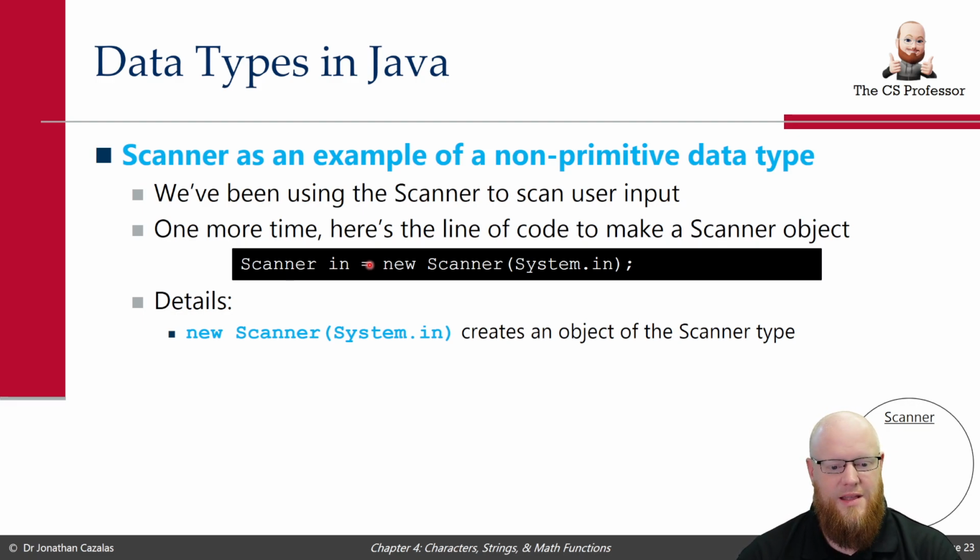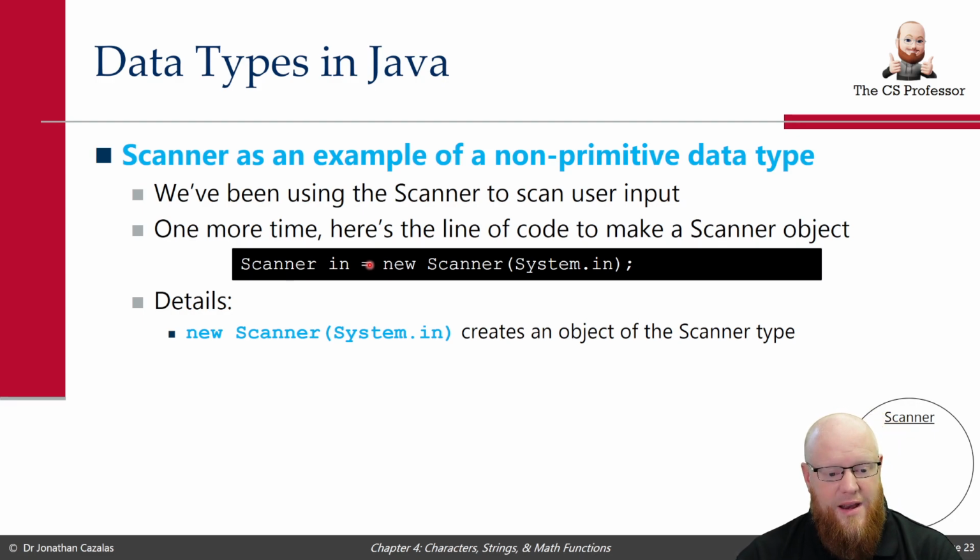On the right side, it says new Scanner(System.in). What that does is it says, yo Java, make me a scanner object. How does that work? It's going to go to the actual Scanner class and construct for you an object that we normally depict in a circle, as you can see here on the screen. On the right of the screen, we have this scanner object that's been created, and the System.in basically says scan from the keyboard. Make this new object, it's going to scan from the keyboard, and then look at the left